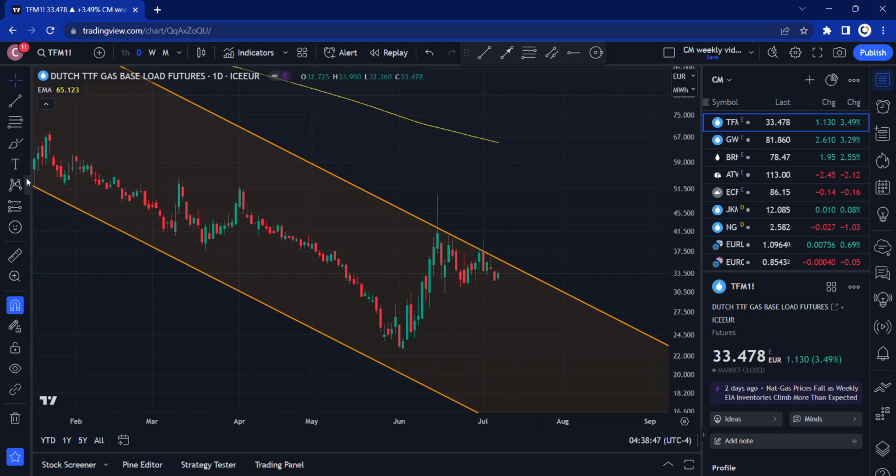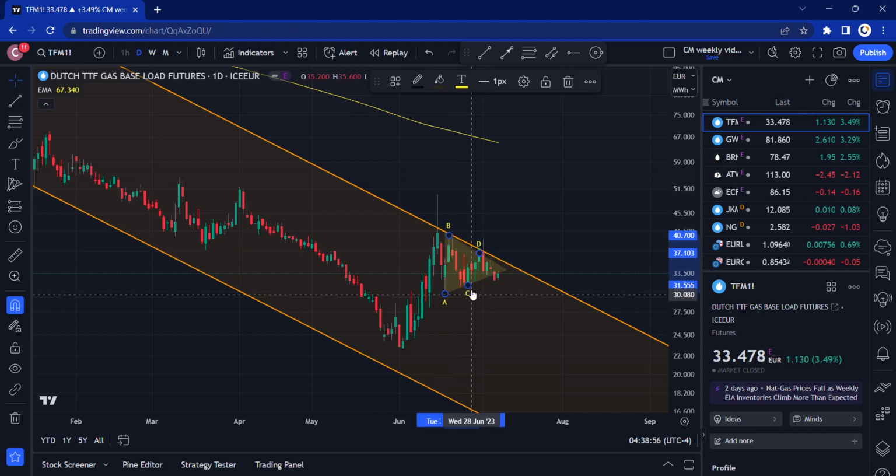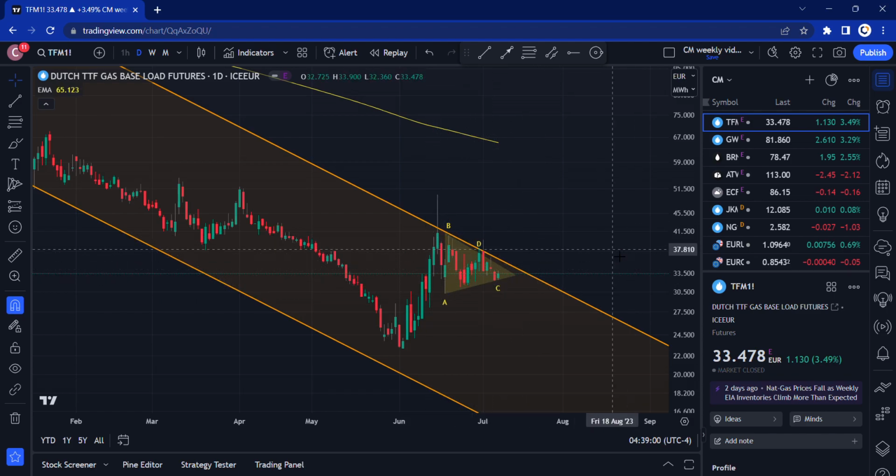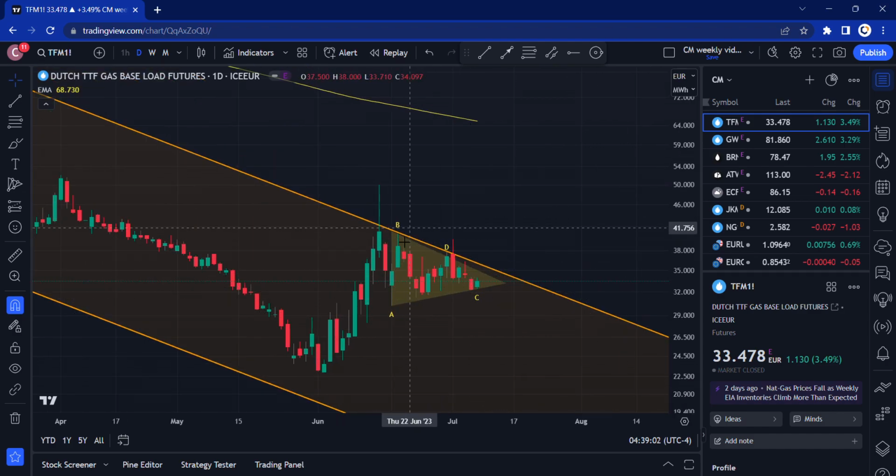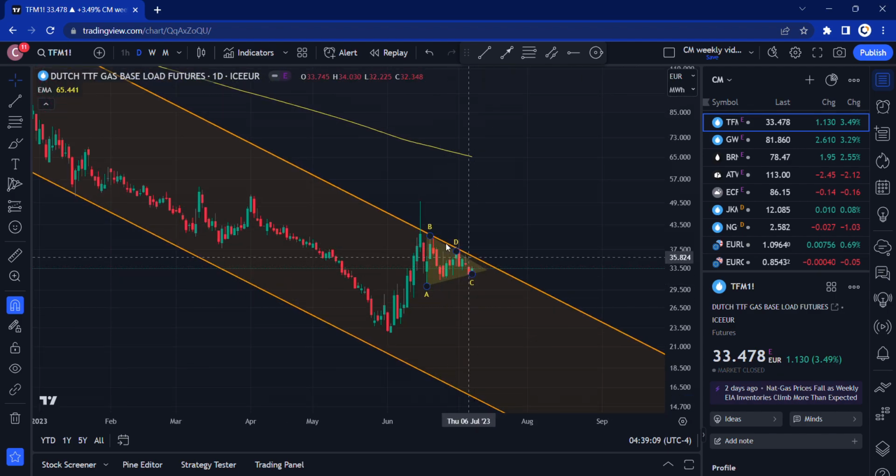Could be defined as a flag. And a flag usually is a bullish continuation pattern. Okay, this isn't pretty. Oh God. 1, 2, A, B, C, D. Okay. Not good. But usually these mini triangles or flags are hesitation patterns before the preceding trend continues,